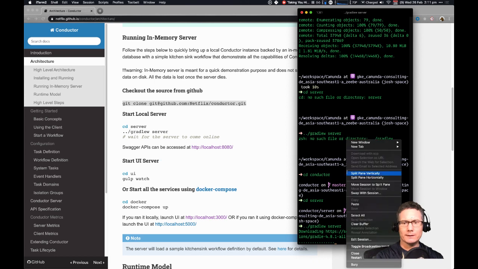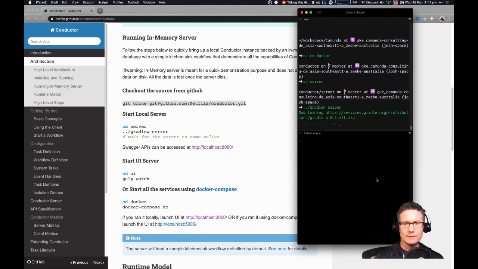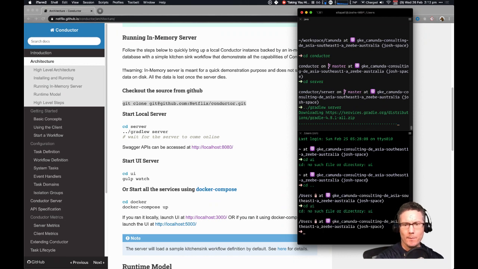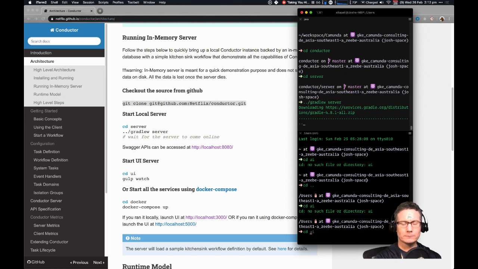And then I think we'll split this pane horizontally. Okay, so there's a slight bug in the instructions. Nope. That's why. What's my username on this machine?